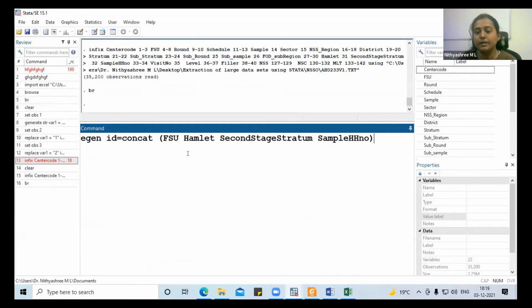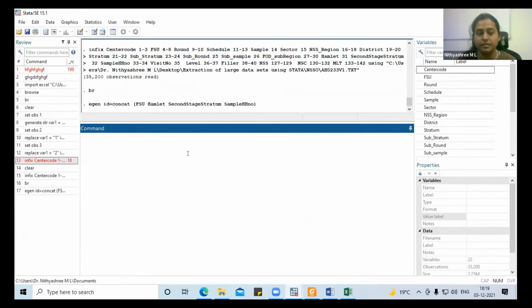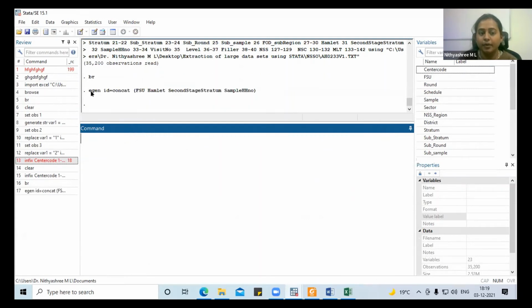This is for the 2013 round. Even for 2019, the same kind of information is necessary for creating the ID. Note this down. What I have given is egen, generate ID, concatenating these variables: FSU, Hamlet, second stage data, sample household number.